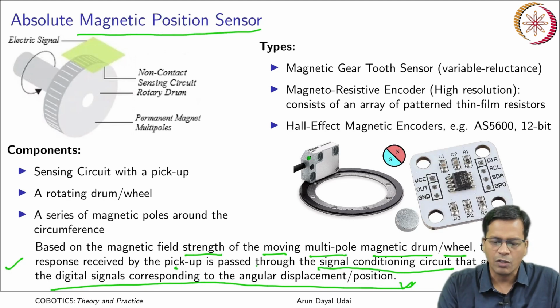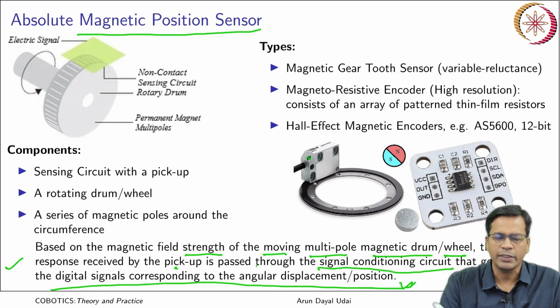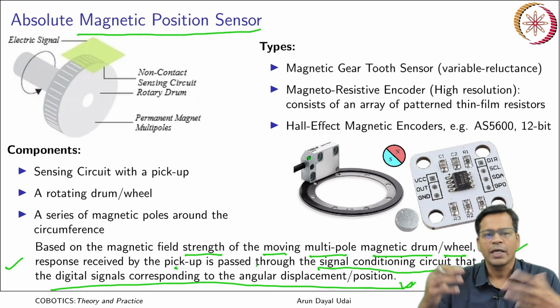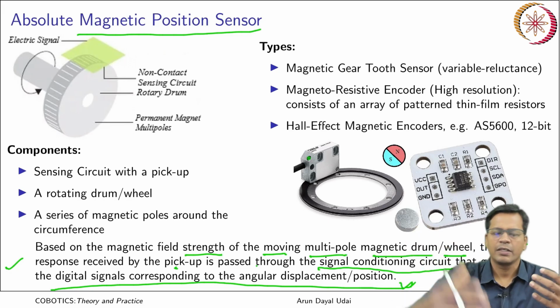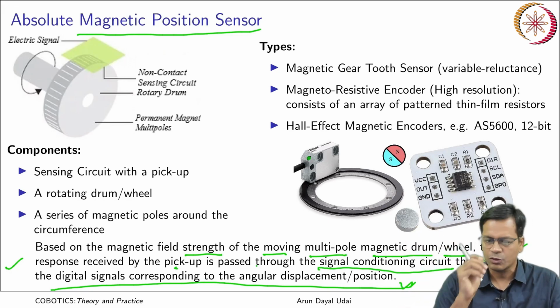This is very common in cobots. Cobot joints are normally using this. This is the reason it has to be shielded from electromagnetic waves which are nearby. EMI shielding is to be done.